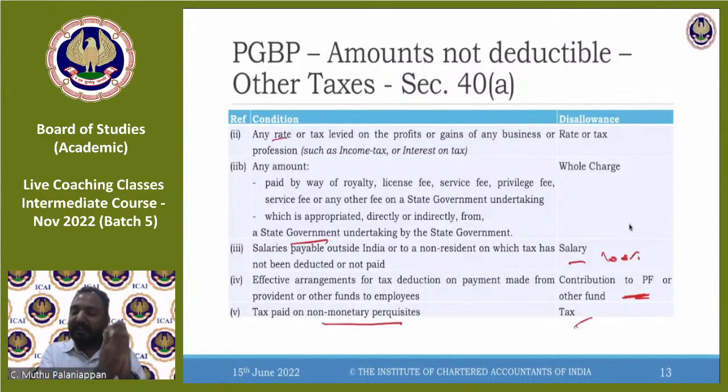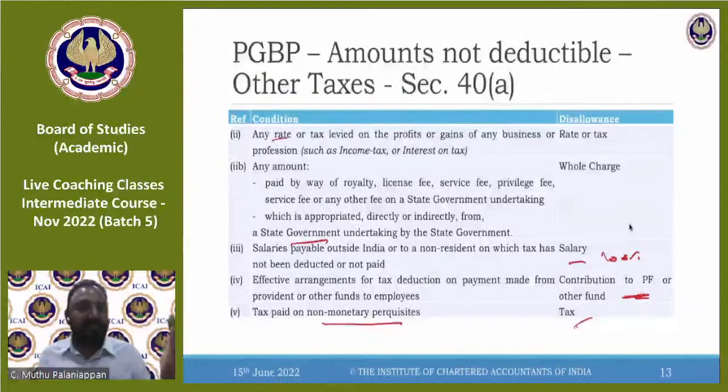Mansha, whatever we studied in the salary chapter is from the angle of employees. I'll not be able to correlate, because that talks about what deduction is eligible in the hands of the employee, from the recipient angle. Here we are talking about the payment angle. If we talk about pension, we spoke about commuted pension and uncommuted pension, and how much 1/3 of commuted pension is allowed as a deduction. It has nothing to do with what we are discussing in PGPP. Here we are saying if it is towards 80CCD, that is National Pension Scheme, up to 10% of salary is allowed. Beyond that, it is not allowed. So it has no correlation.